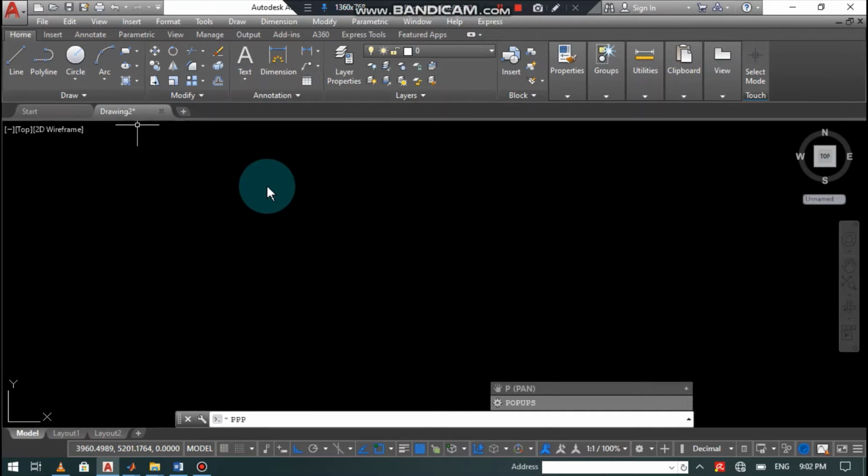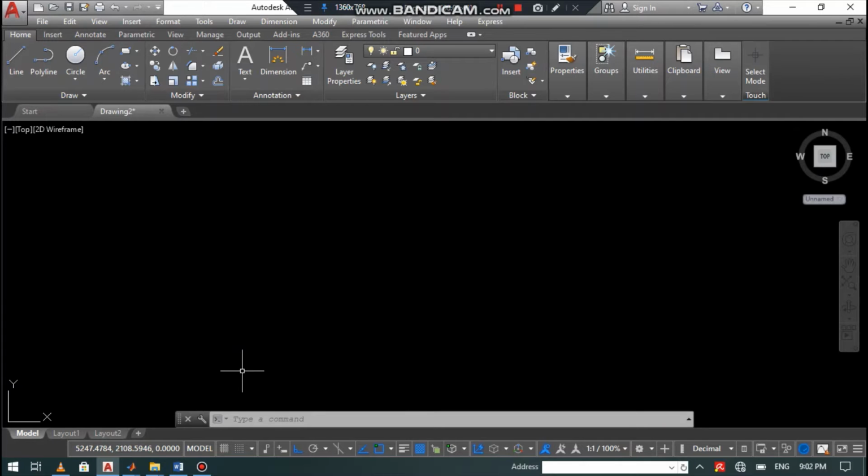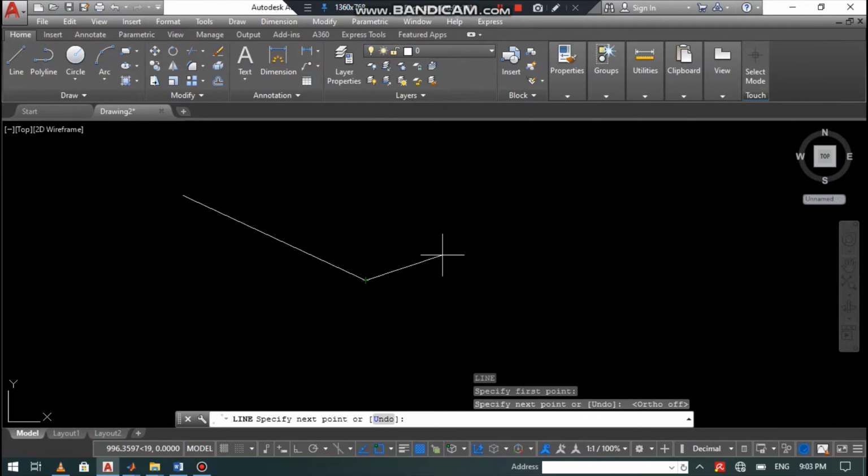Now to draw a line in AutoCAD, select the line command, you can see there, and you can type also here, that is, for line command you can use L. You can see here that line, and now it is asking to specify the first point. It depends on you from where you want to draw your first point. So let's say the first point is this. Now it is asking to specify your second point, that is the next point. It depends on you where you want to click. Let's say this. This is how line works in AutoCAD.